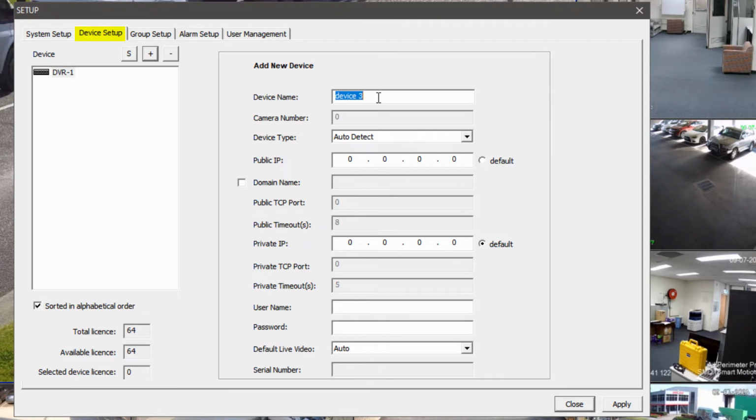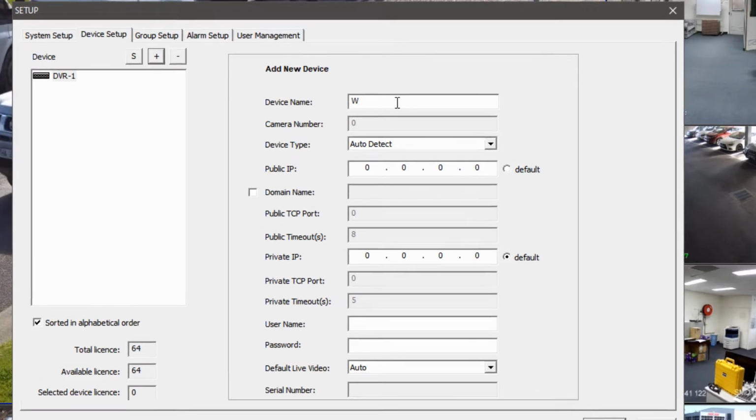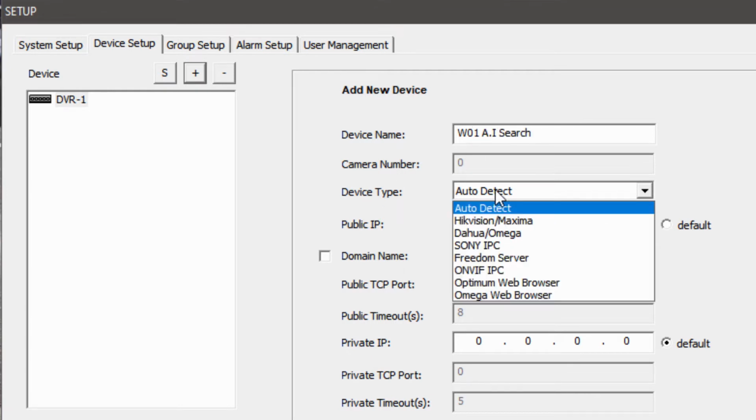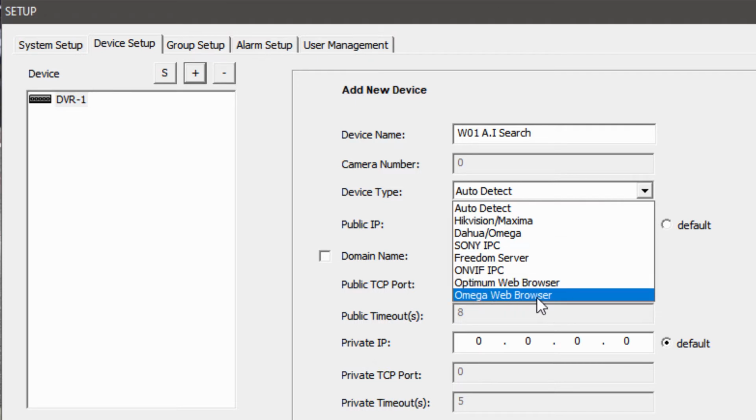Now I'm going to call it, it's good to have a naming convention, W01. W is for web link, 01 is the first recorder. If I had multiple recorders, I'd obviously use a different number. In this case, I'm using the number 1 recorder, and I'm going to call this AI search. And under device type, I'm going to select Amiga web browser,